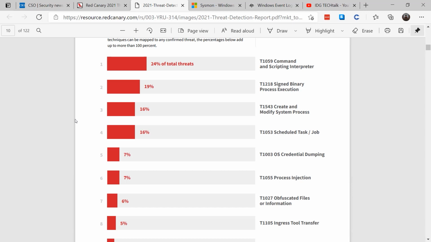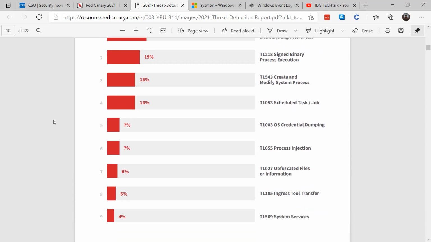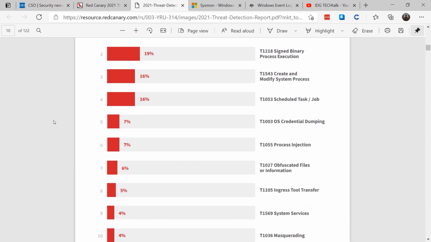7% came from process injection. Attackers use a variety of injection methodologies to gain more access into your system. Again, you'll want to use Sysmon to help alert you when these things occur. 6% of threats came from deobfuscate or decode files or information, where an attacker will use base64 encoding to hide their attack processes. So make sure that you set policies for using PowerShell and only use signed script execution.